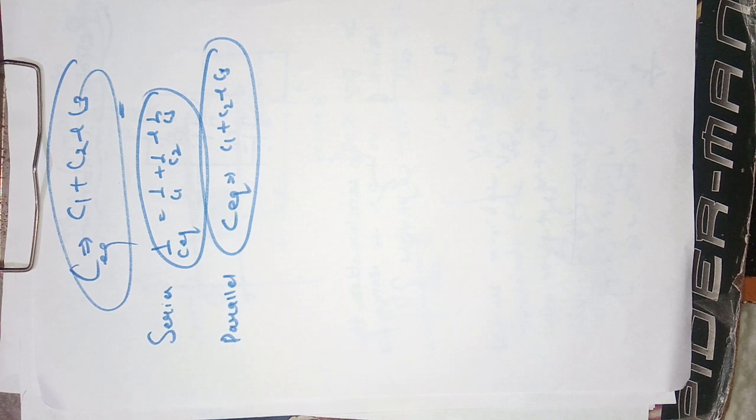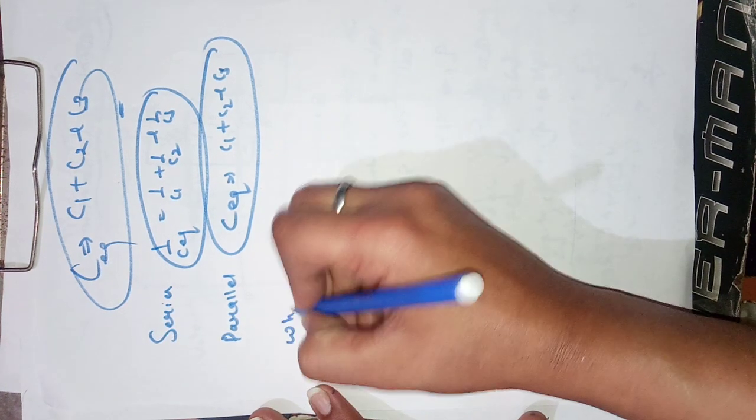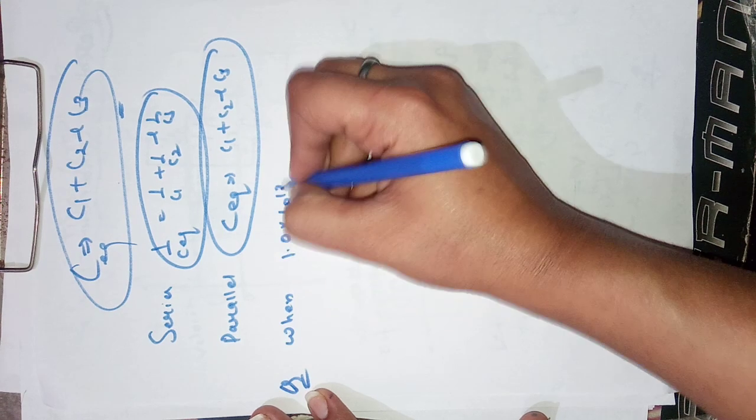Consider one question. I am not going to give you that question for your assignment. I am simply giving you that question and you need to try. You actually will have to try that question, and I am going to solve that for you in your next video. The question is, when 1.0 into 10 to the power 12 electrons